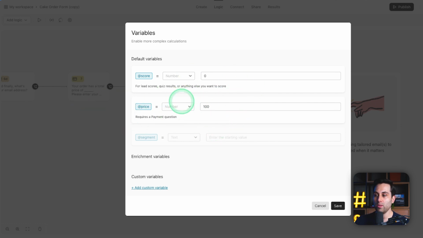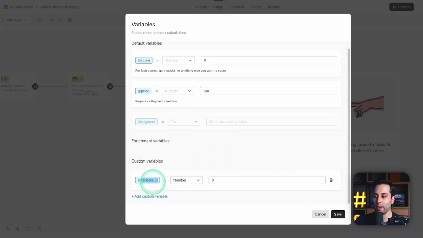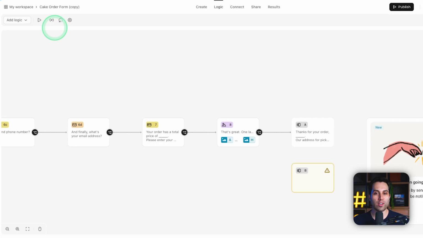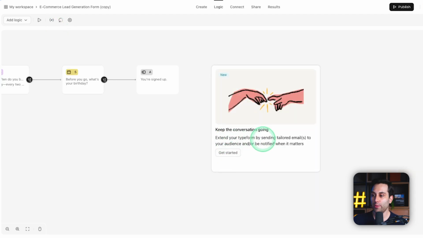We can also use these variables across our forms, showing this information on specific steps of our form. And if we want to, we can also add custom variables with specific names and values as well. Of course, Typeform also offers webhooks and API integrations, which is great to build more custom and complex types of automations. We also have this new feature that will allow us to define